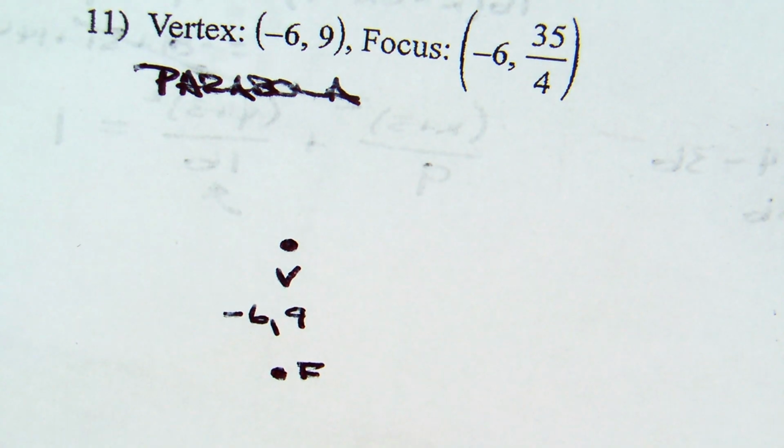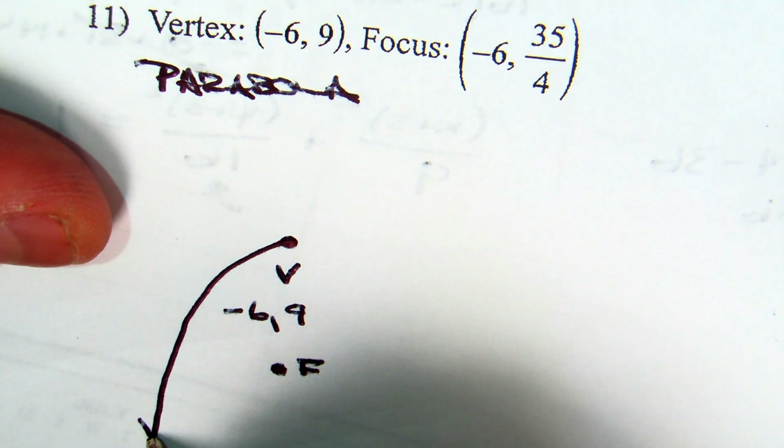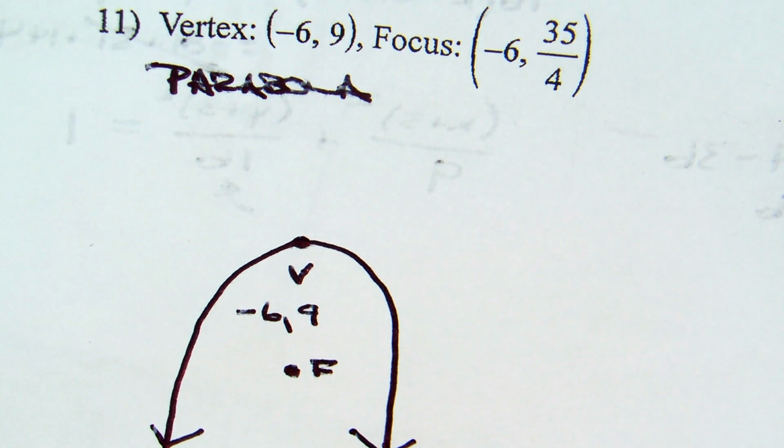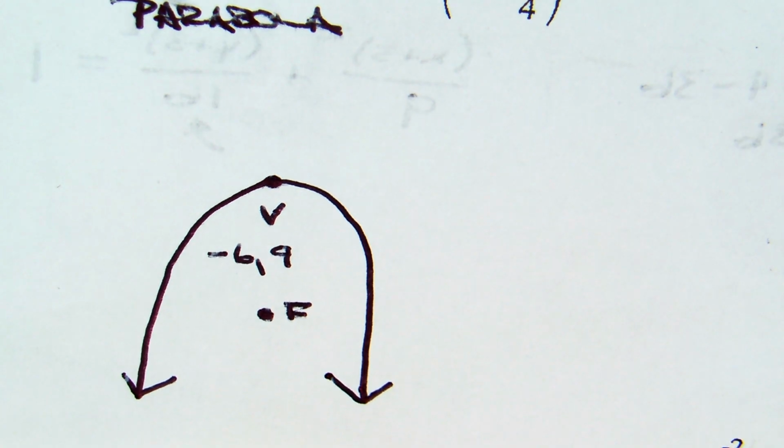That makes sense visually. So that means my parabola opens down. Good? All right. So, since it opens down, the x part is squared. What's the opposite of negative 6? Plus 6. So x plus